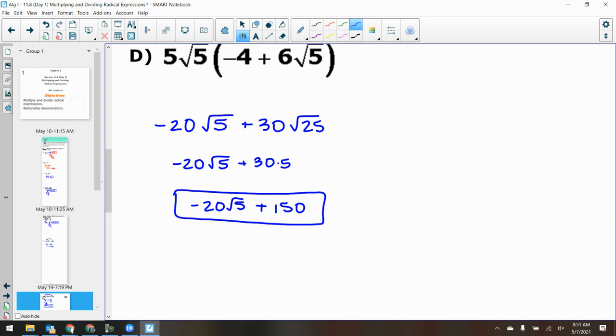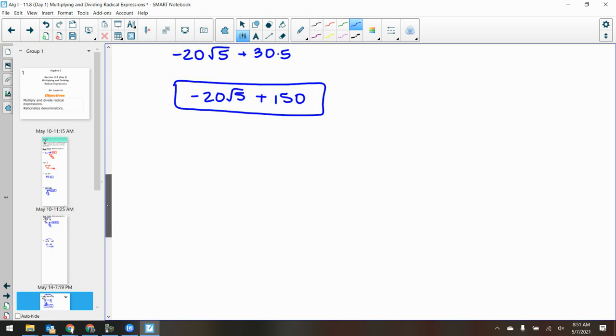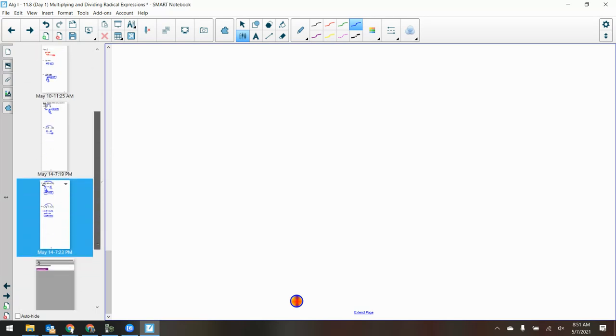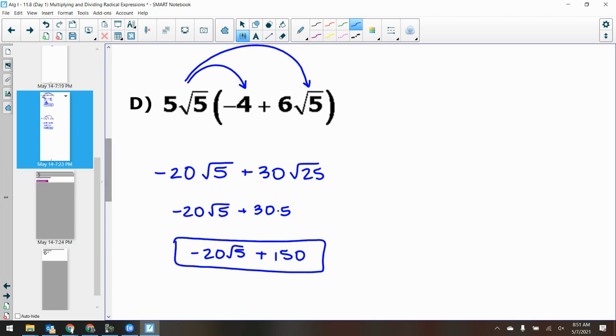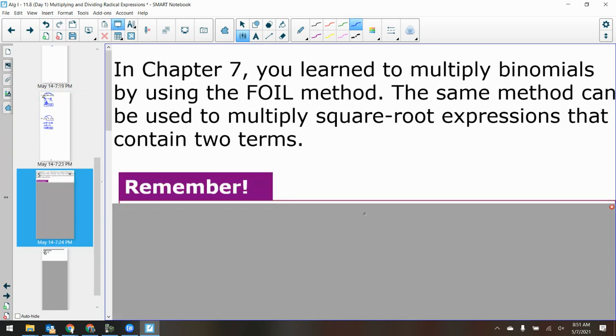Questions about that? Okay. Now, that was multiplying one piece into multiple parts. Well, what if I have two sets of these? What if I have two sets of multiple parts? This is kind of like that binomial thing that we did when we did the FOIL method, right? If I've got two different pieces there, and I want to multiply those pieces together, we've got to use this